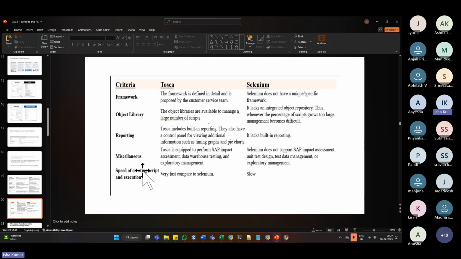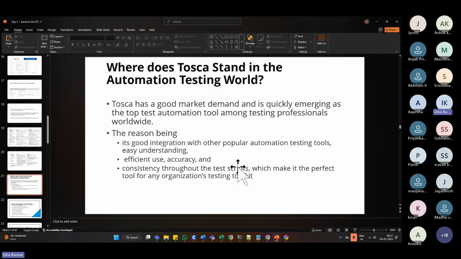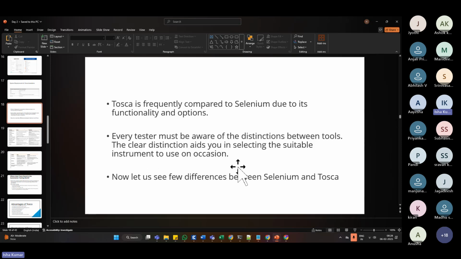Yes, miscellaneous, as I've already told: exploratory management, data warehouse testing. SAP testing can also be done. Here, Selenium doesn't support SAP or unit design or test data management, anything. And we already figured out that the speed of creation of scripts is very fast compared to Selenium and Tosca. So if at all you are asked in any interview,